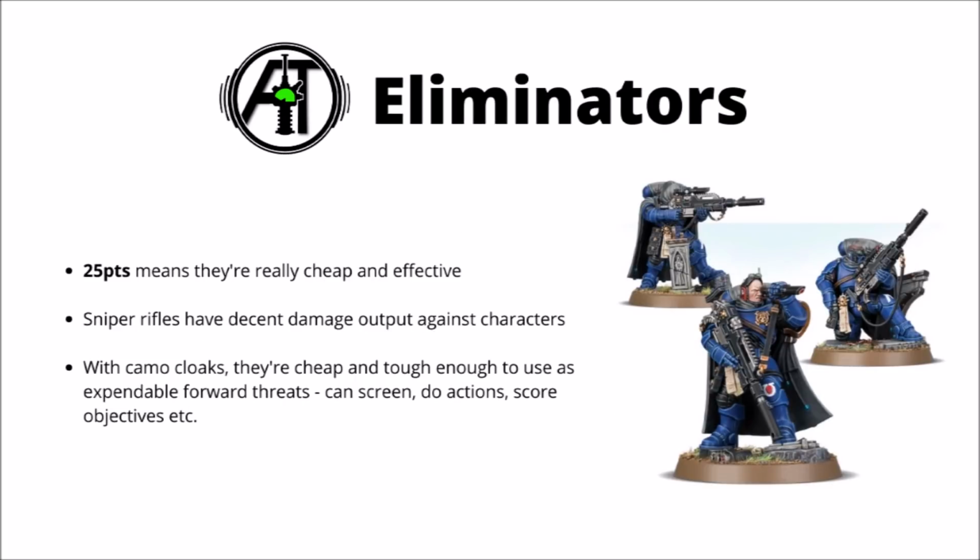Eliminators became far more efficient in the new codex. 25 points per model means they're just incredibly cheap and effective for what they do, essentially being a Phobos body that's even harder to take out due to their camo cloaks, while packing a really quite meaty sniper rifle. A few squads certainly can threaten the characters, though at 75 points with those characters, I'd say they're almost just